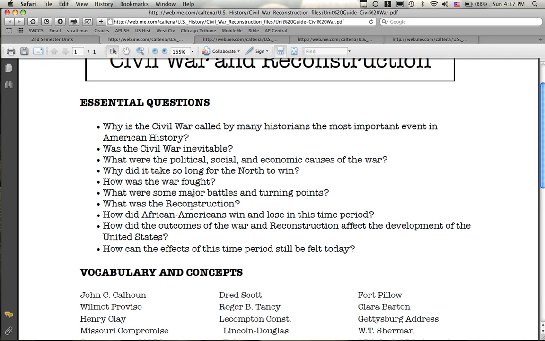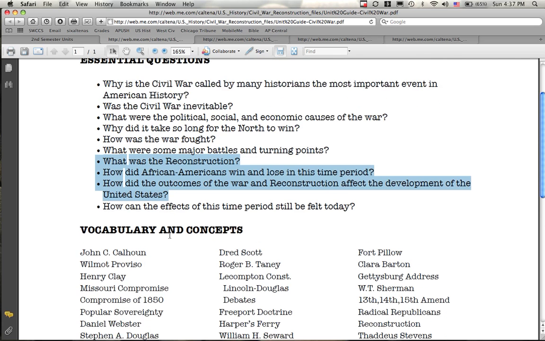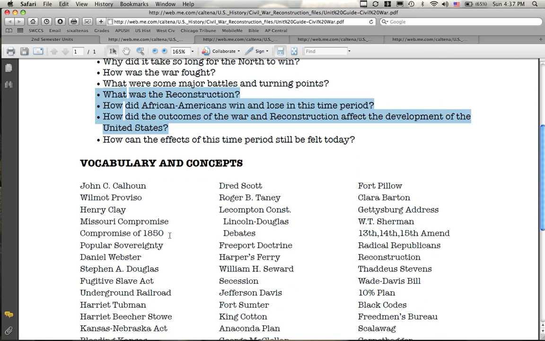are what was Reconstruction? How did African Americans win and lose during this time period? How did the outcomes of Reconstruction affect the development of the United States? So these three questions here, you can see them outlined. Some other ideas to